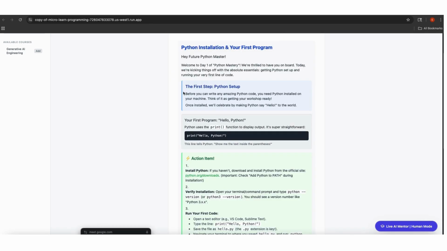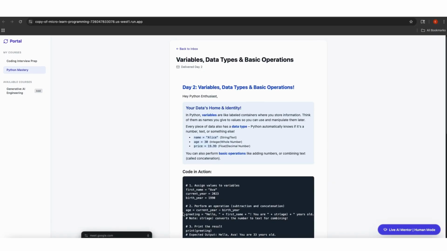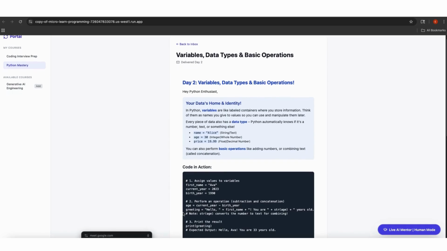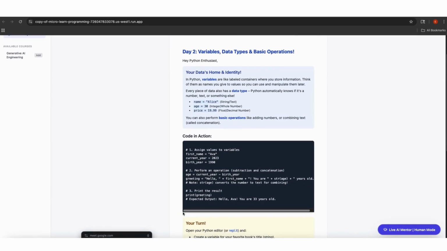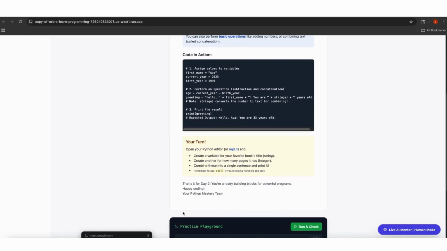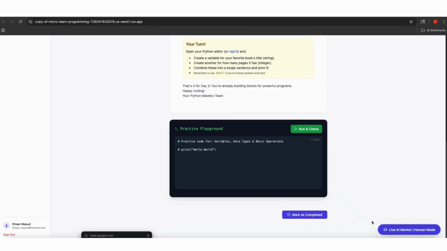student. All right. So now we're at lesson number one, which is basically the Python installation and your first day program. This provides it, and now we jumped into the lesson for day two, and today's lesson is about variables, data types, and basic operations. So it provides a high-level overview of the different concepts of the data, and then just puts you into the practice playground. So let's go ahead and take a look at how the practice works with our AI